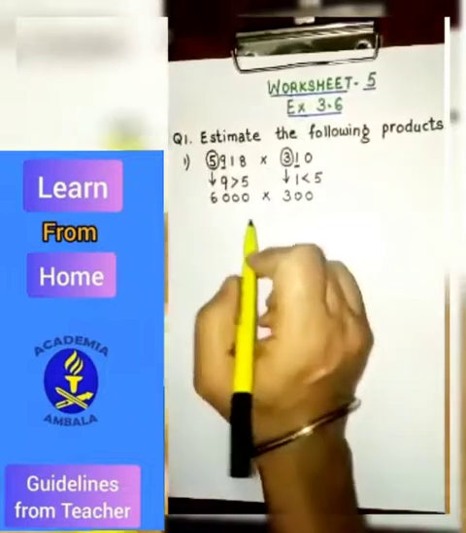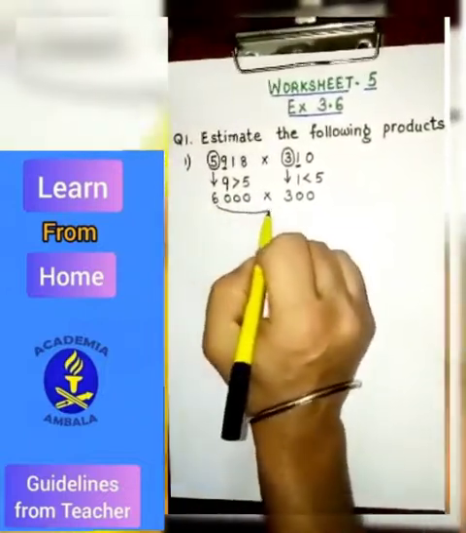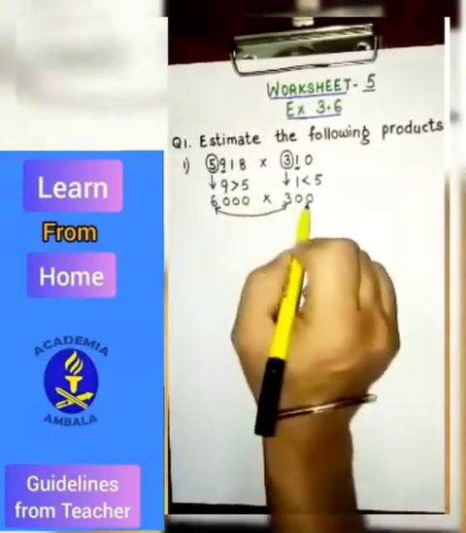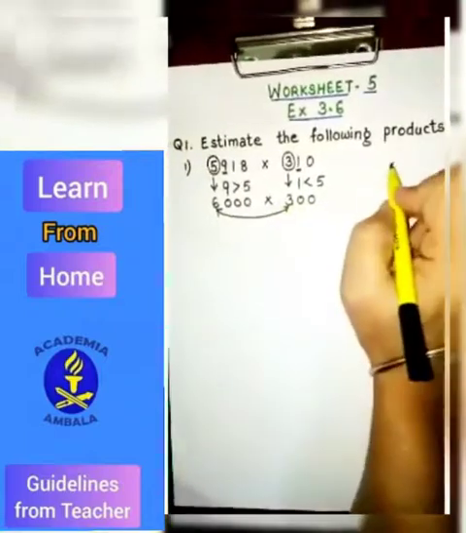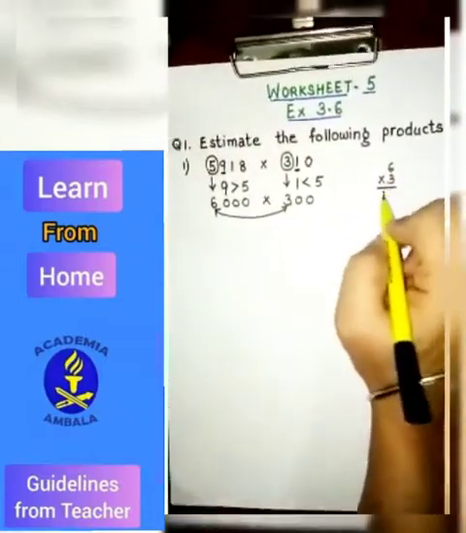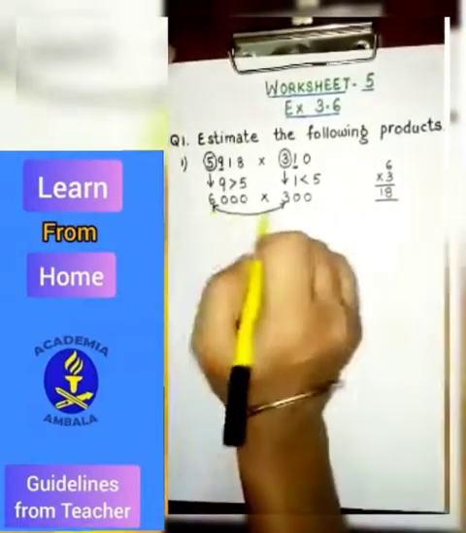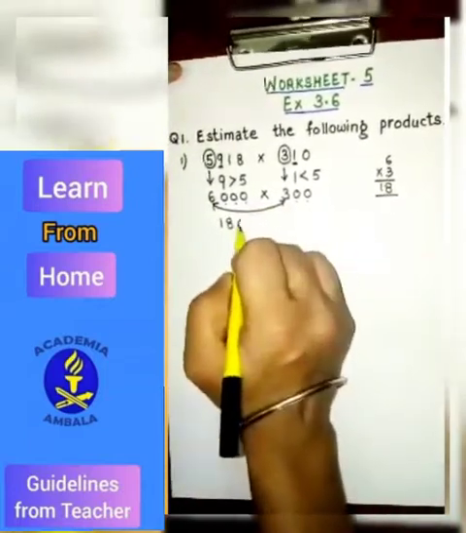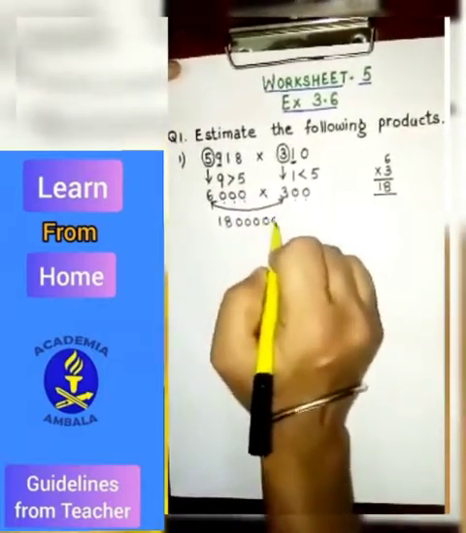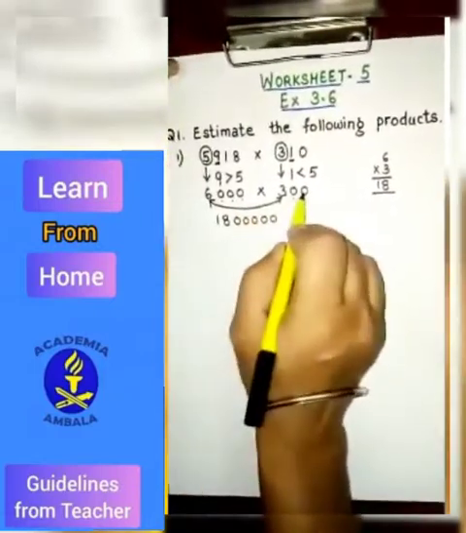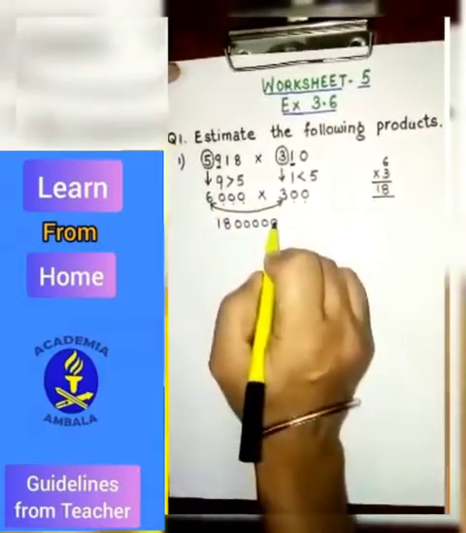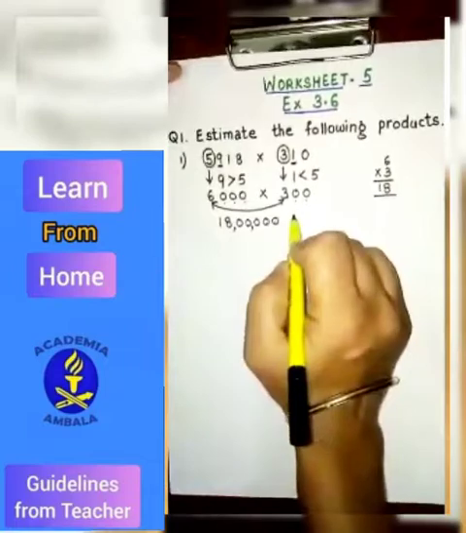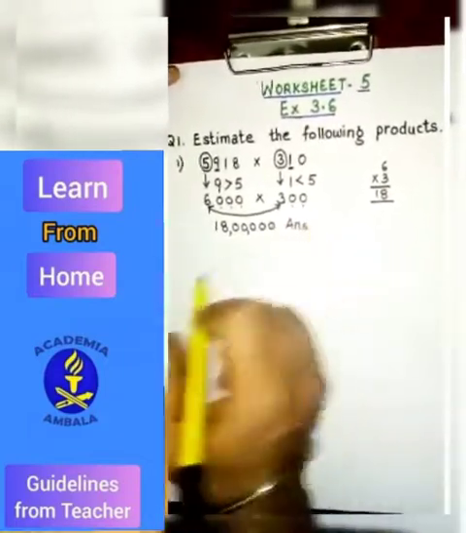Now when we are multiplying this, again there is a shortcut method. You will be multiplying only the first digits wherever you have been given the numbers with zeros. Now here when it is multiplied, 6 multiplied by 3, it gives you 18. So you can write down 18 here and count the number of zeros in both the numbers and write them in the answer. For cross checking, again see, it is 2 and these are 3. So total 5. 1, 2, 3, 4, 5. And then you can put commas for reading it easily. So the answer is 18 lakh.